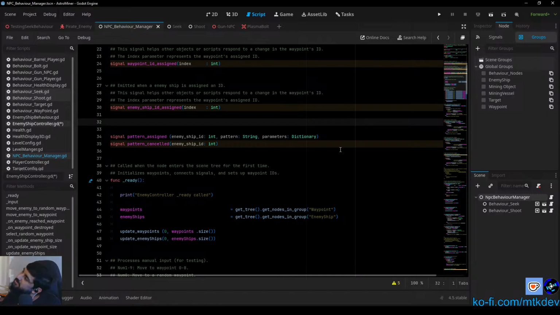So it's going to be, when a pattern is assigned, who is the pattern assigned to, what pattern is it, and are there any additional parameters that are required. Okay, so